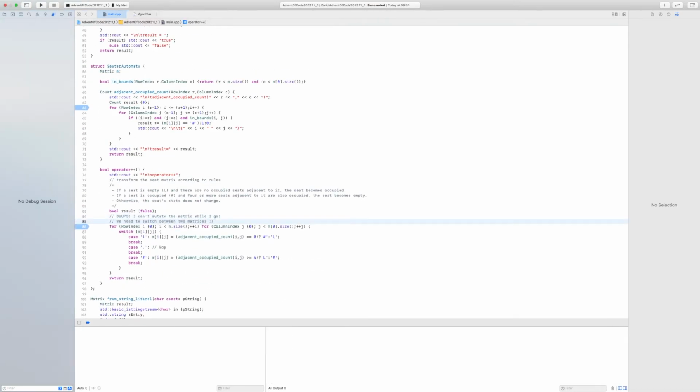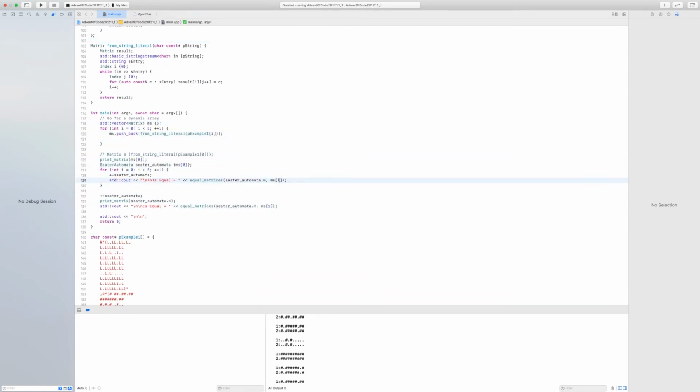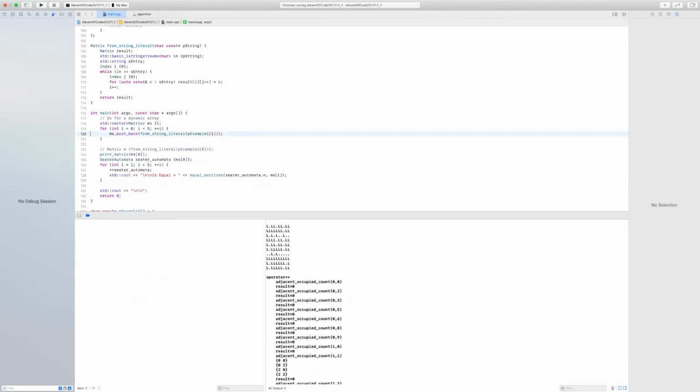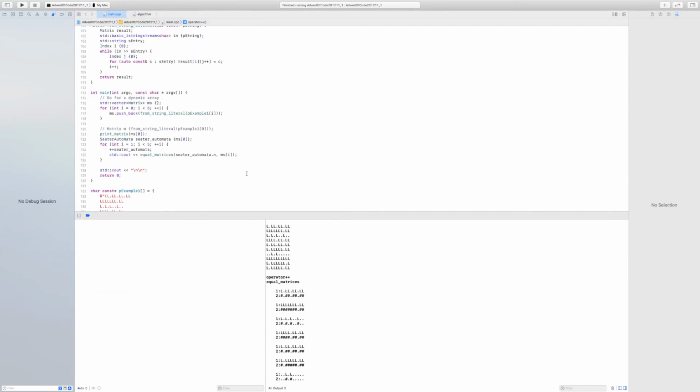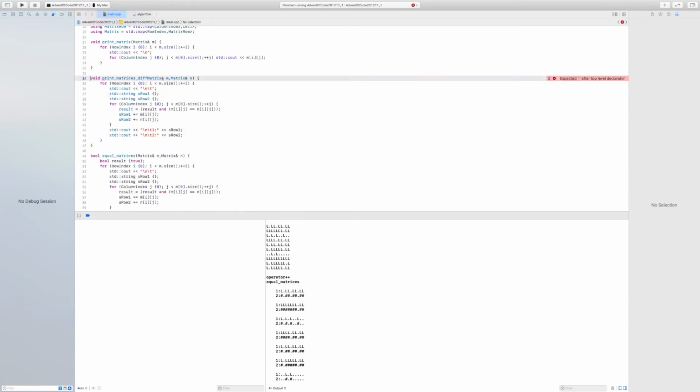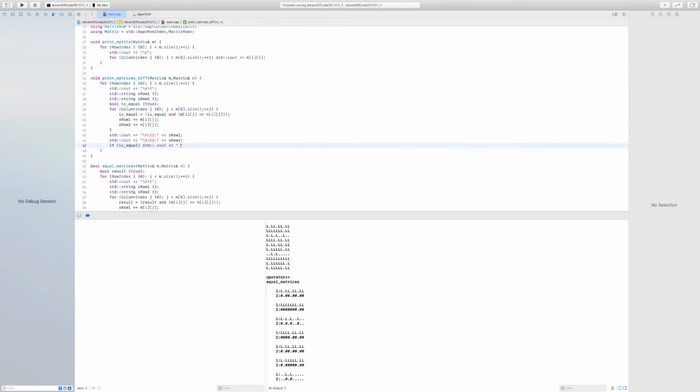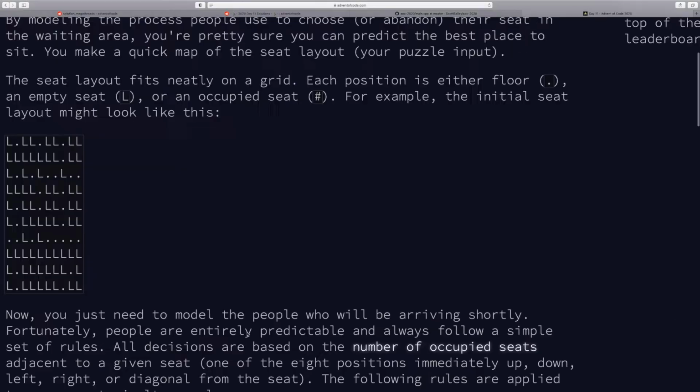I'm figuring it out slowly, and there I realized I need two matrices because I can't update the matrix while I'm processing it, because then the rules get interfering with themselves. So